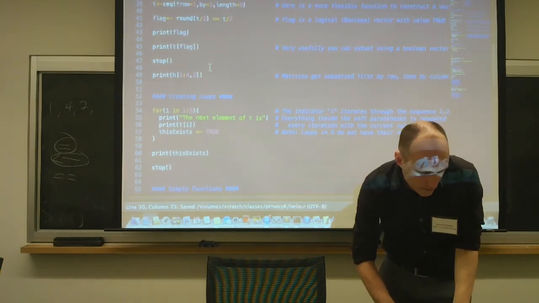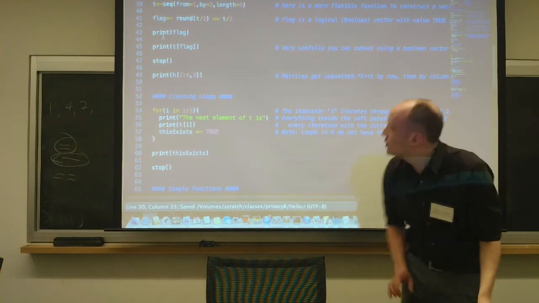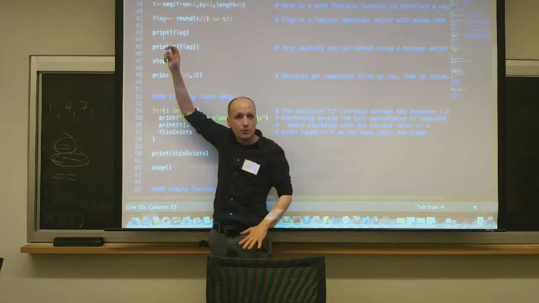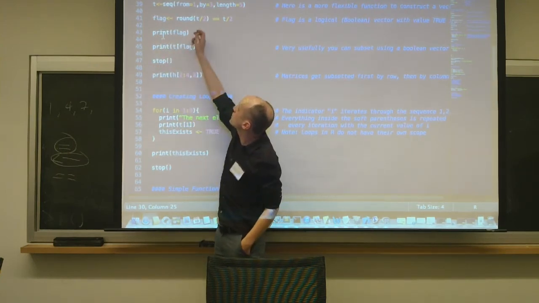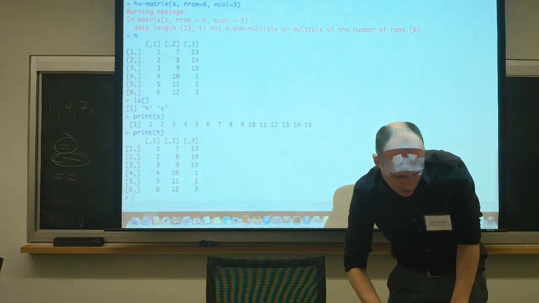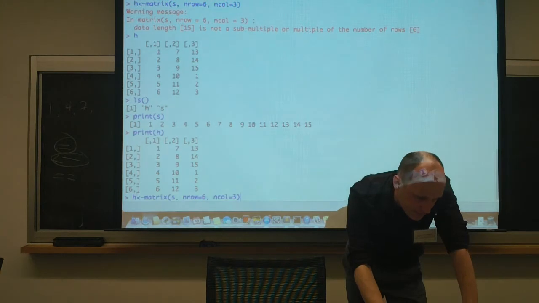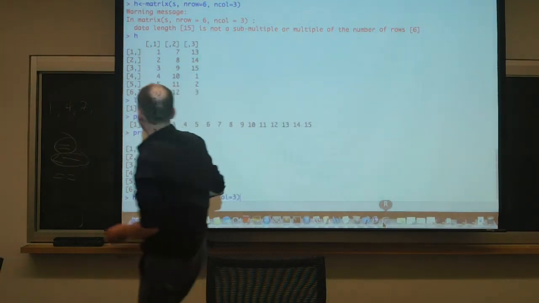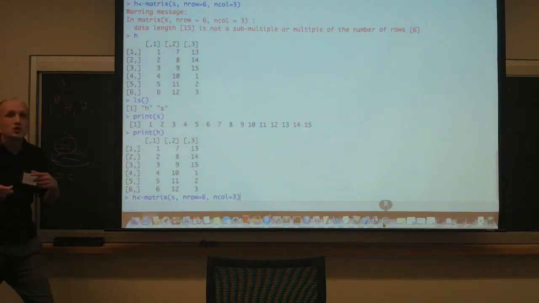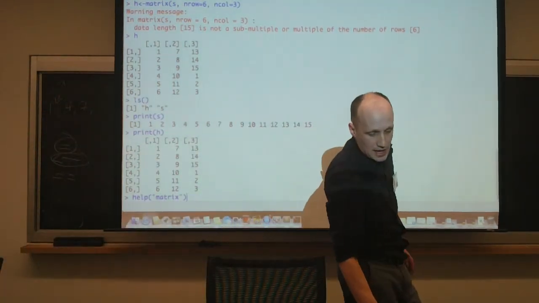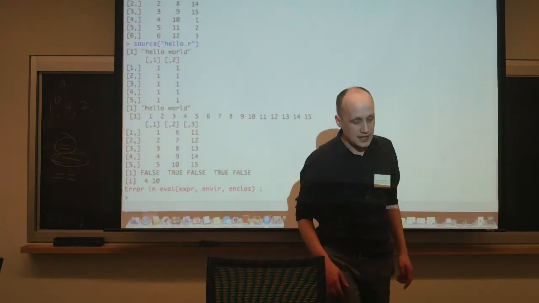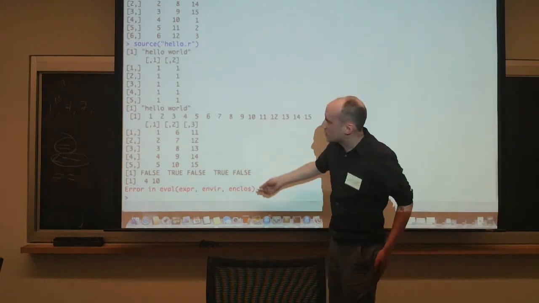All right, so let's run this. I'm going to do two useful things. First, I'm going to print out flag. Flag is just a flag, a vector of Booleans. They're either true or false. And then we're going to start subsetting, and let's see what happens. So source my code one more time now that I've saved it. If you don't know this, you might keep typing in source, but the up arrow and the down arrow will let you toggle at the command prompt between things that you've already typed in. So I'm just up arrowing until I find source again and pressing it. And again, I get that error, but it doesn't matter. It just means I got to a stop command.